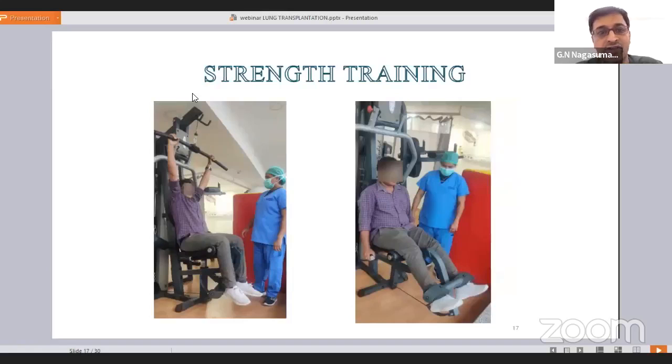So this is our resistance training unit. We'll be targeting larger muscle groups: quadriceps, hamstrings, latissimus dorsi. This is best suited for people who have 1 liter, 2 liters or 3 liters of oxygen therapy, and who have a previous history of exercise training. They progress well within strength training. They really do best.